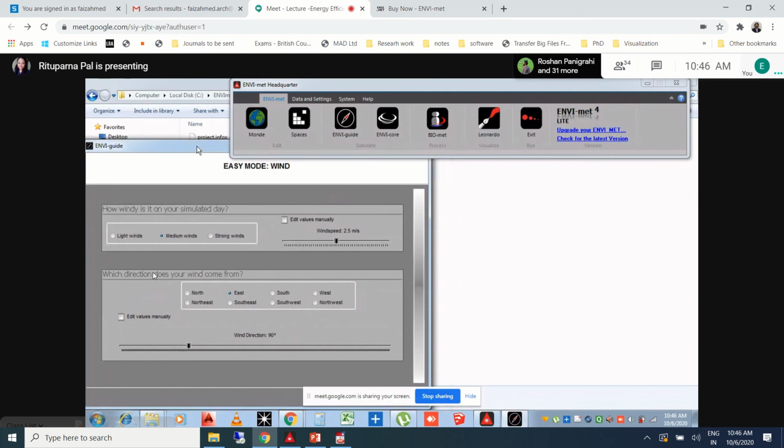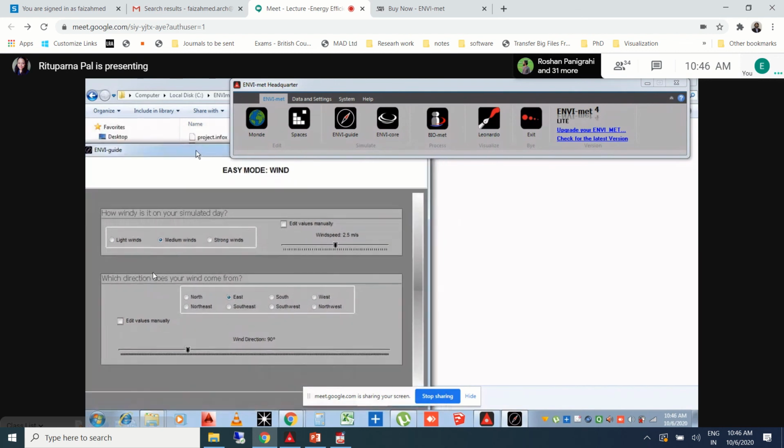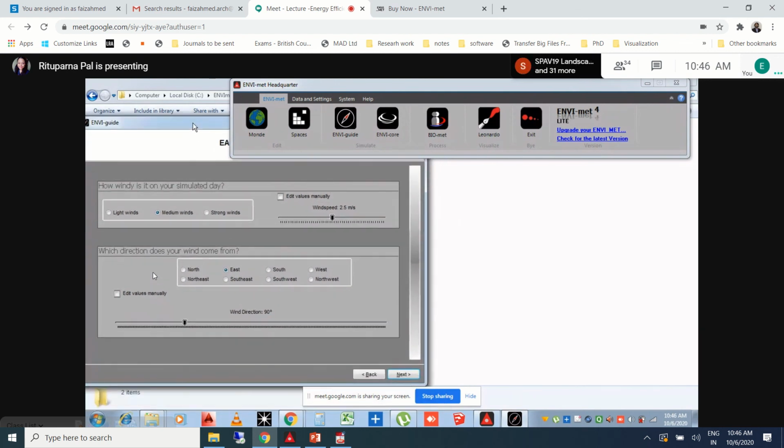And then we have this easy mode wind interface, where we get how windy it is on a simulated day. Based on the climate data which you have, you can select light winds or medium winds or whatever it is. For light winds, it takes a wind speed of 1 meter per second, or you can keep the default, or you can change it according to your design, maybe 0.4 or 0.3.